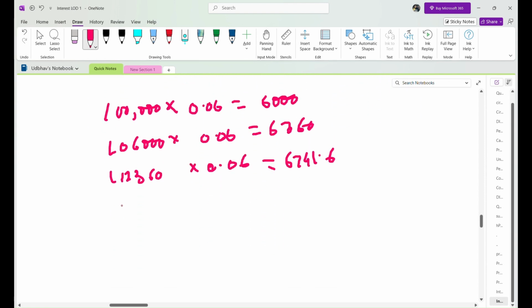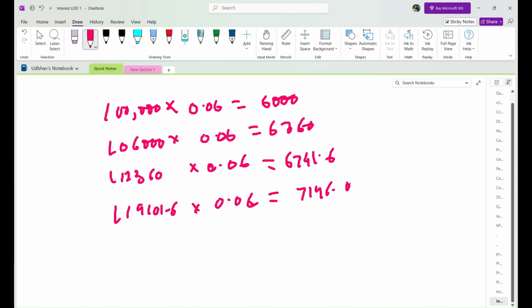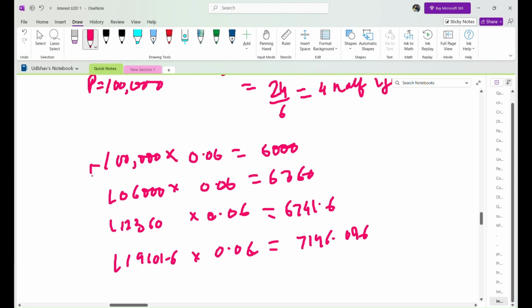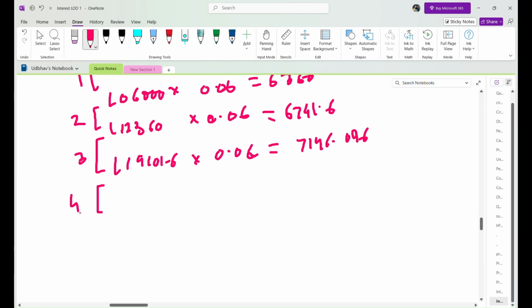Again we'll add that back: 112360 plus 6741.6 is 119,101.6. Into 6, that is 7146.096. So this is for the first half year, second half year, third half year, and we want again for the fourth